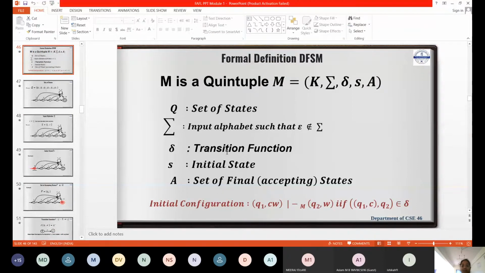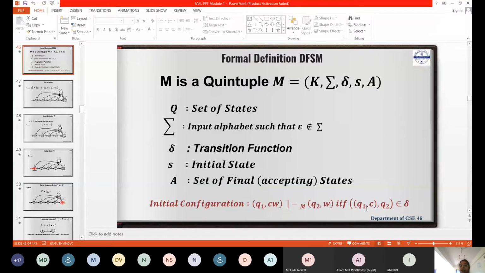So here you had an initial configuration which is given to you. Suppose my first state, initial state is Q1. My string is CW. C is a constant here, CW. And how do I get Q2 here? Probably after consuming that C, I got Q2. After consuming that input C from the state Q1, I may go to state Q2. That's why the remaining string, what is there? W is there. Remaining string W is there.